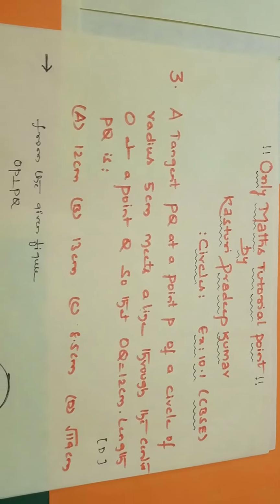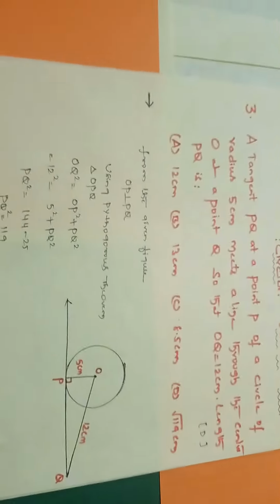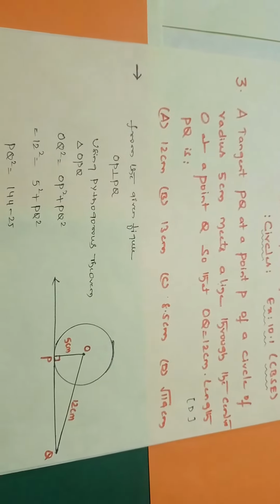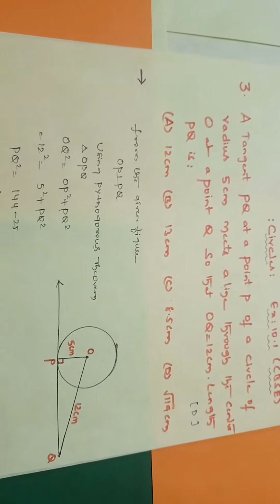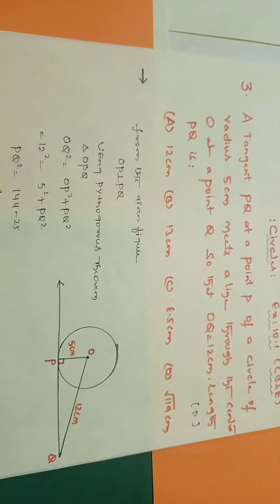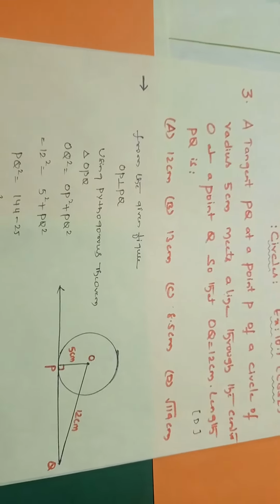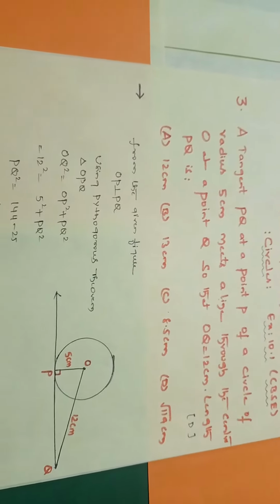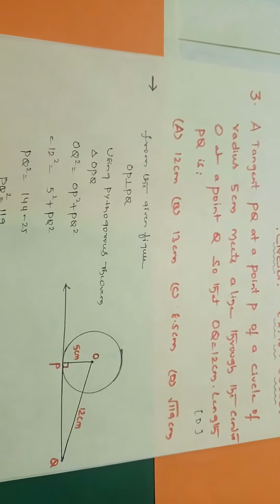So whatever the given information, draw a figure with circle, center O, guys, and draw a tangent PQ that is perpendicular to OP, and join the line OQ. Okay, and given the dimensions of the figure are,